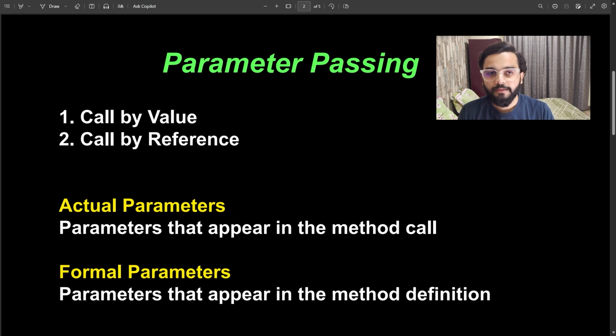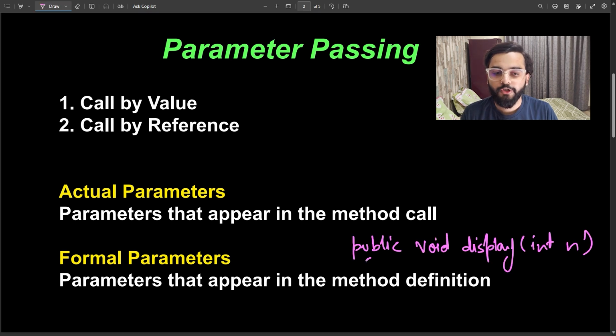If I have to take an example, public void display: during the creation of the method, the parameter present inside the argument list or parameter list is called a formal parameter. And when we call the method using the object variable like obj.display, and inside the parameter list we have one number, this is called an actual parameter,